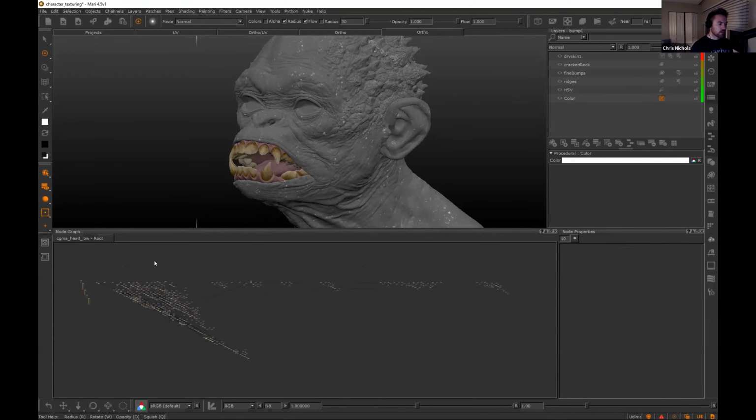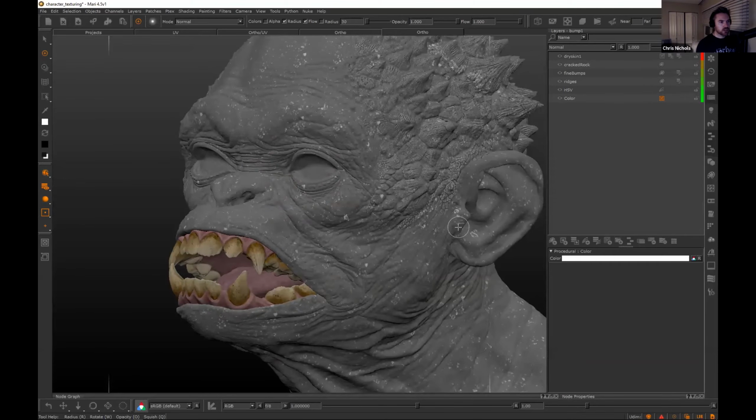So I'm actually still pretty new to the node graph workflow. I use it a little bit, but I'm still more of a layers guy. I just prefer that. But now that I've moved to more concept art and a lot of creature surfacing stuff, I'm not doing as much heavy hard surface environments or that kind of thing where I could really take advantage of that workflow. But yeah, there's definitely ways where you can cache the section that you're not using, so that frees up the memory for the layers that you are using.